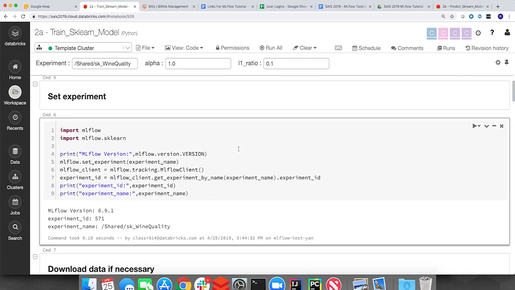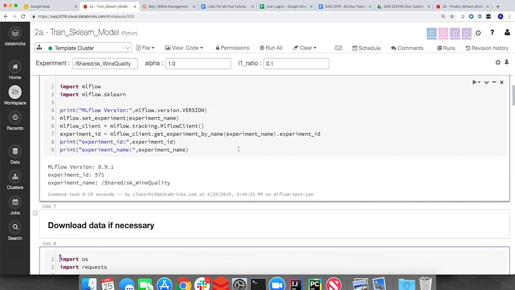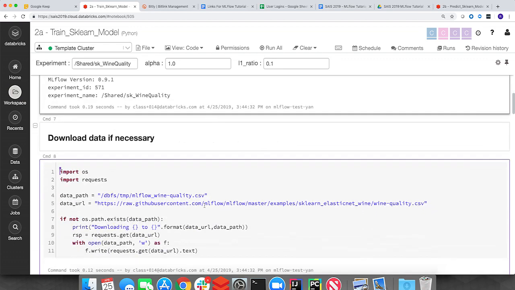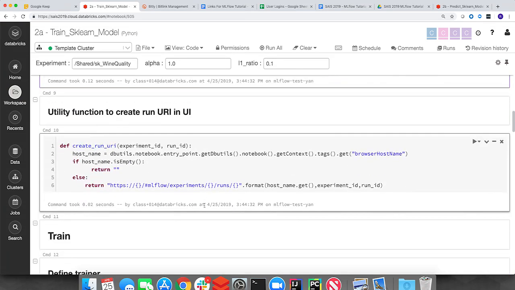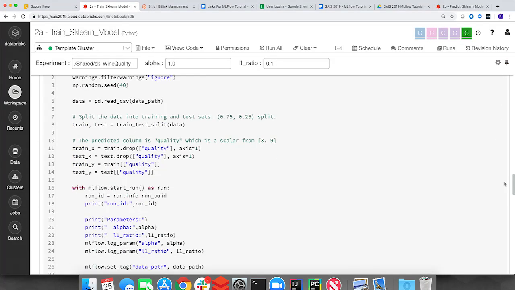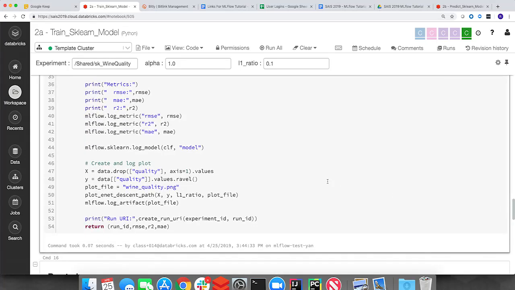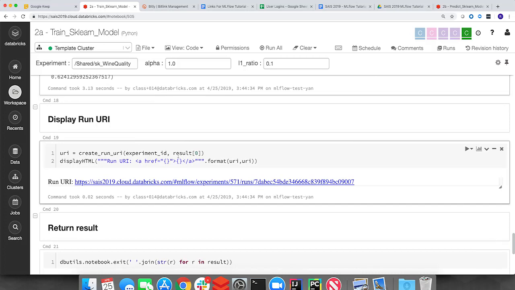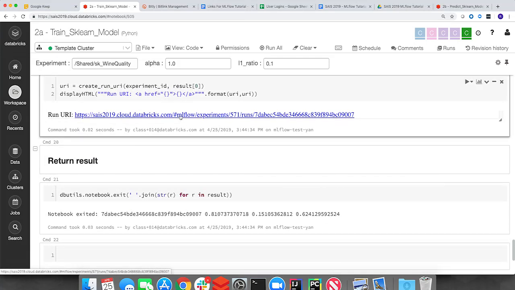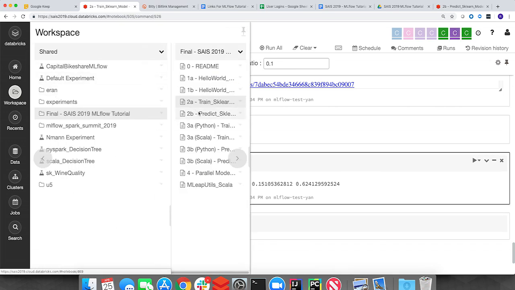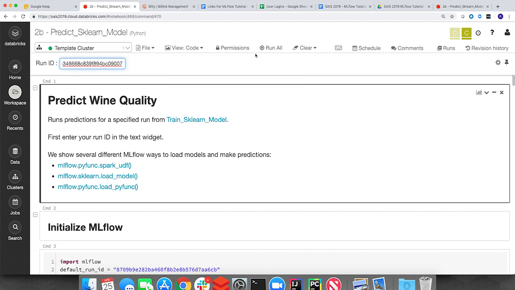But I'm going to show a little bit. Andre covered a tiny bit of this, but it's kind of just showing the UDF construct. So after I've set my experiment name, all this stuff that I've done before, I'm just downloading my data here. And there's nothing particularly special. This is just training methods into which I'd inject all my different MLflow calls, so log metric, things like that, adding plots. So at the end of this, basically, I get my run that I can look at, my nice link here, as well as my run ID. So I'm going to grab this. So if I pop into this predict,